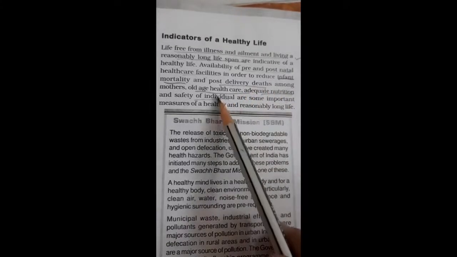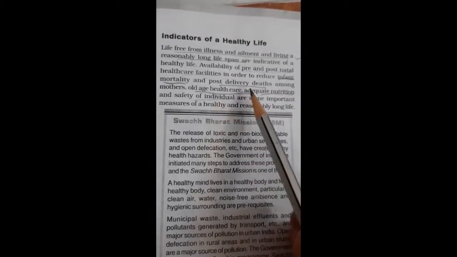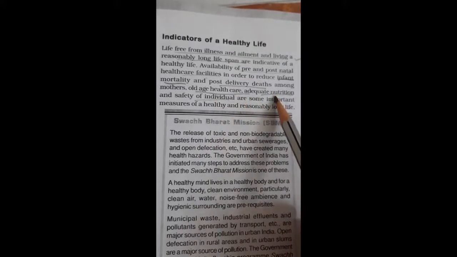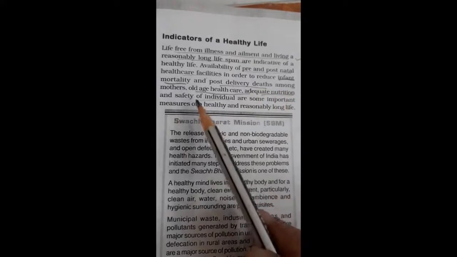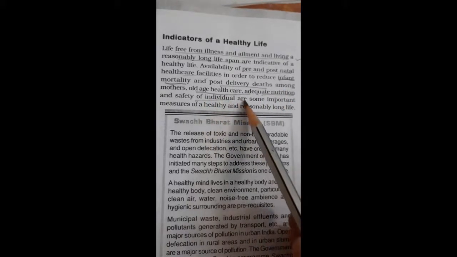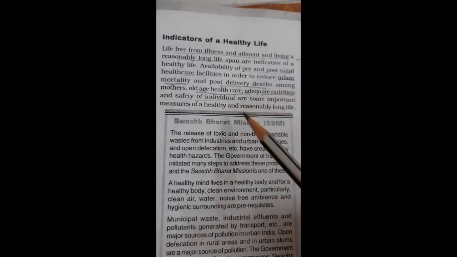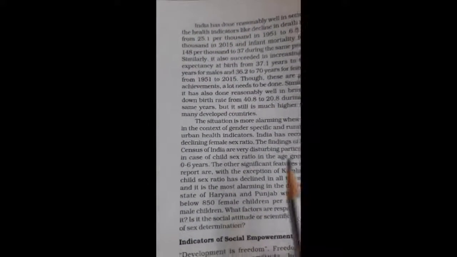इन्फेंट मॉर्टेलिटी रेट को रिड्यूस करना, पोस्ट डिलीवरी जो डेथ्स होती थी मदर्स की उनको रिड्यूस करना, ओल्ड एज जो हेल्थ प्रॉब्लम्स थी तो लोगों को प्रॉपर हेल्थ केयर फैसिलिटीज़ प्रोवाइड करना, प्रॉपर न्यूट्रिशन देना जिससे उनका प्रॉपर हेल्थ केयर हो सके। ठीक है ना।